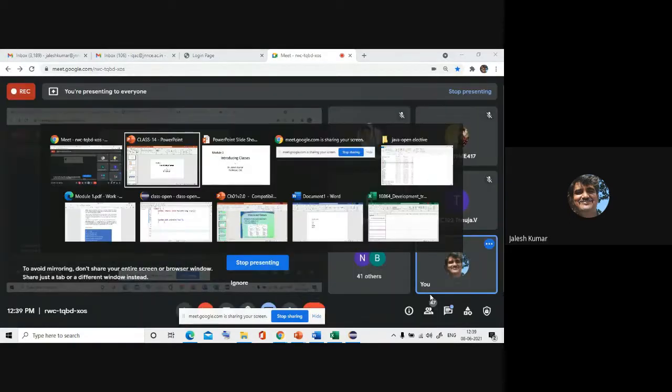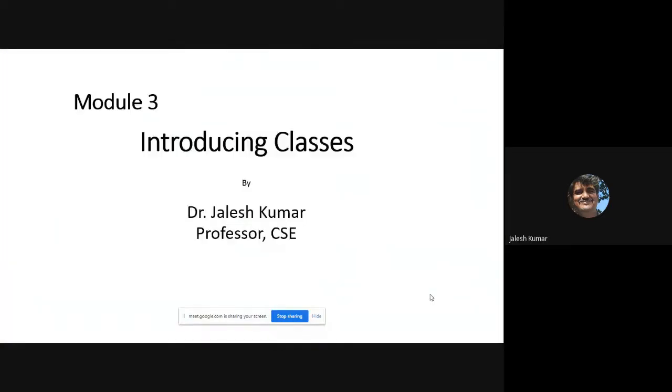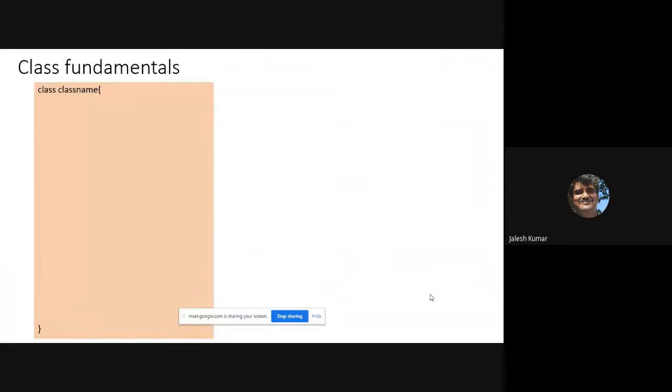We'll first define how a class looks. Any class, you write the keyword class and then the class name, and you start with an open brace. After that, a class contains variables.